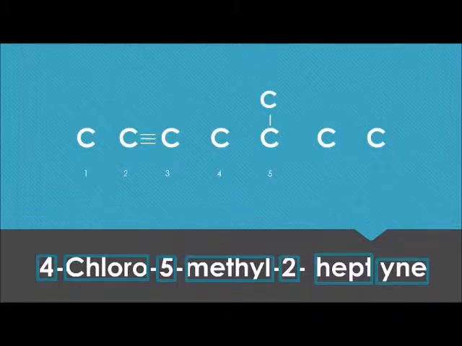And then the halogen, which is chloro, is found in carbon number 4. So since I already have numbered, I just found the carbon number 4 and write the halogen. Now,